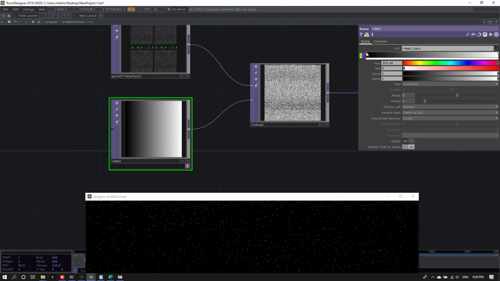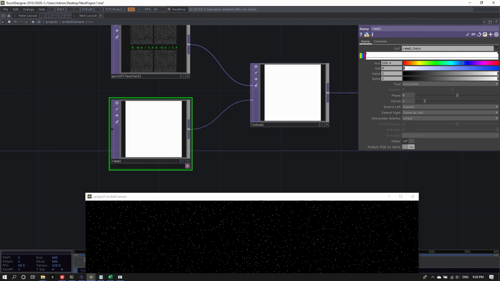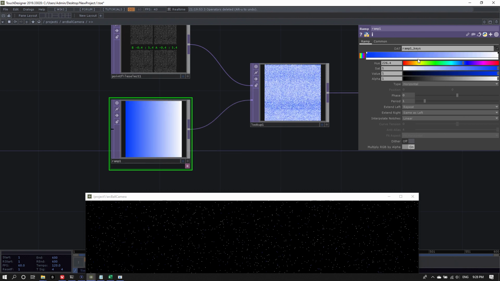Let's see. Maybe here I'll put a darker blue, and then here I'll add a white. This is not necessarily very correct. I'm just faking this. Yellow, and let's put orange here, and end the whole thing with red.